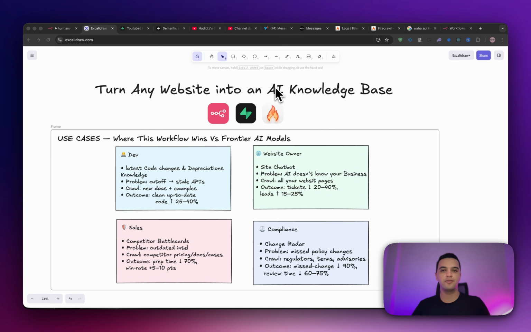30 minutes before a client call, our AI bot quoted an old pricing from an old version of their website. It was embarrassing and it was risky, but I fixed it by turning their entire website into a live knowledge base. I can refresh it on demand with just one click. I'll show you exactly how we built it, the 4 best use cases, and you will get the full workflow